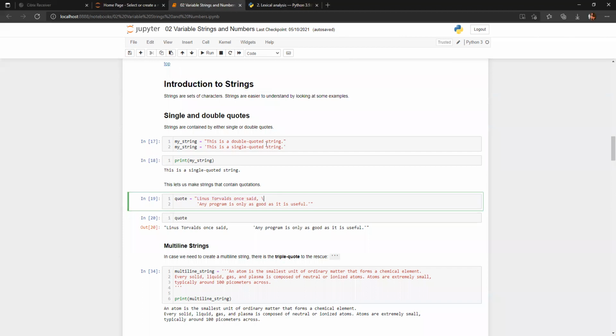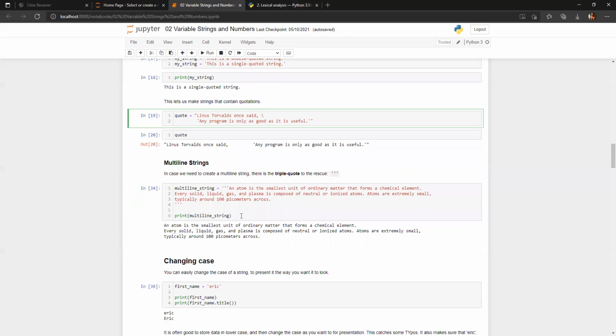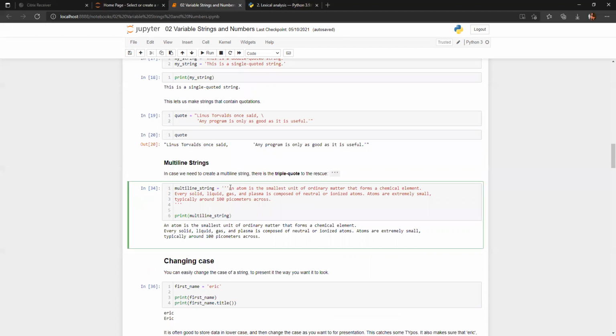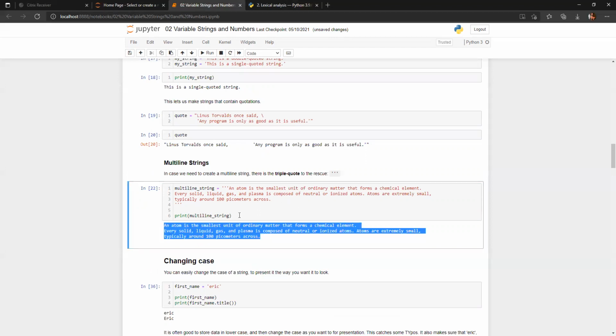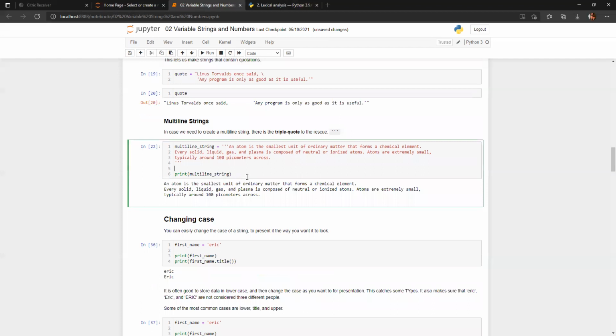And you can also write multi-line strings. Suppose you want to write a whole paragraph and save it. In this case, you can use triple quotes. As you can see here, I have used three quotes here, and it has ended here. So you can do this also, like an atom is, this whole paragraph was written and saved in this multi-line string. Triple quotes are used to declare this. So if I print this, you'll see that this whole paragraph is given here as an output. So this is how you can declare strings.